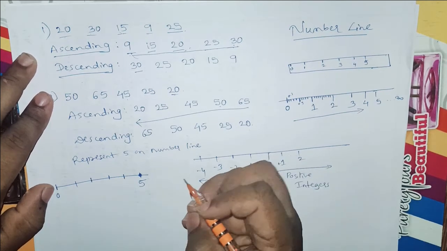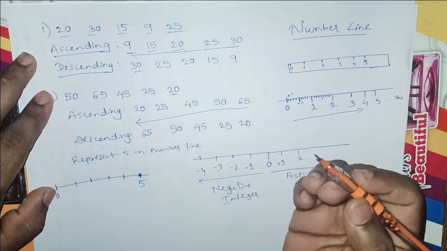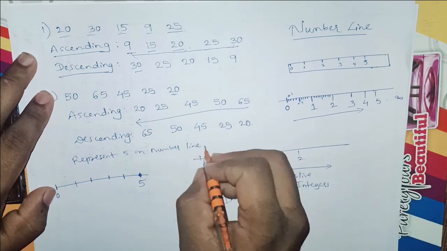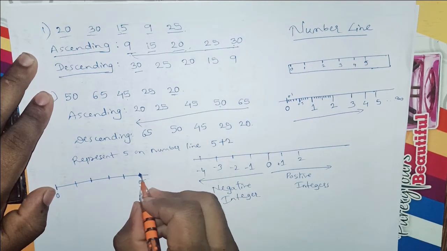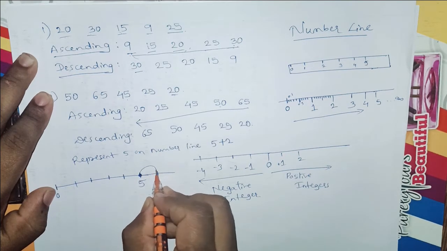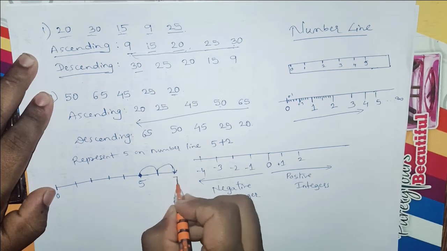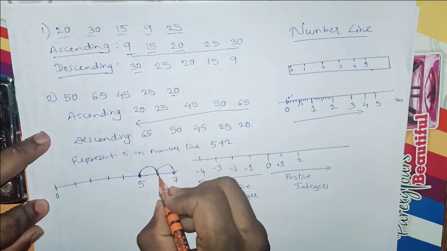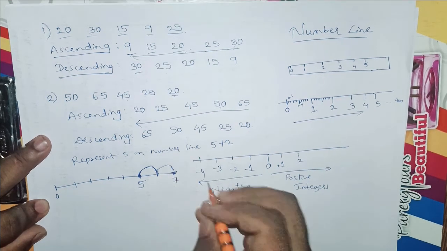Whatever operations you are going to perform, like addition and subtraction, can also be represented using the number line. Consider an example like 5 plus 2. Now 5 is there, plus 2 they are saying. So 5 plus 1 plus 1 will be 7. This is how you are going to represent the addition. You will start from here. 5 plus 2, they are saying 1, 2. So that is the answer, 7.